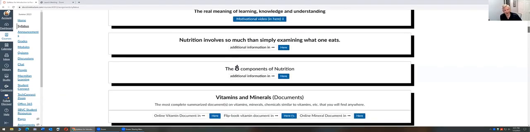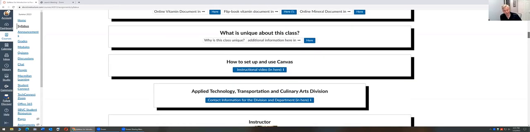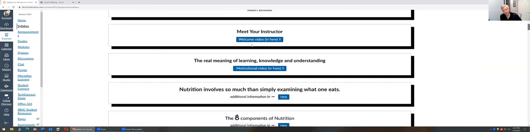This has got a lot of information on nutrition. I've done a lot of computer programming before. I know how to use this inside out. I know this Canvas utility very well. Anyway,